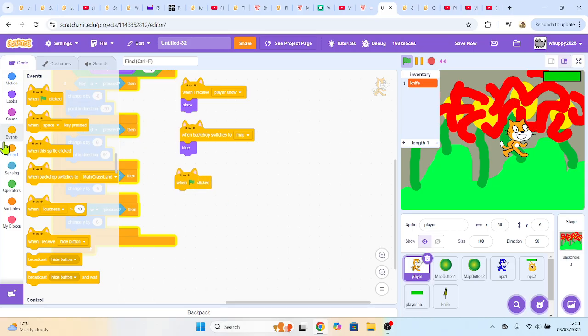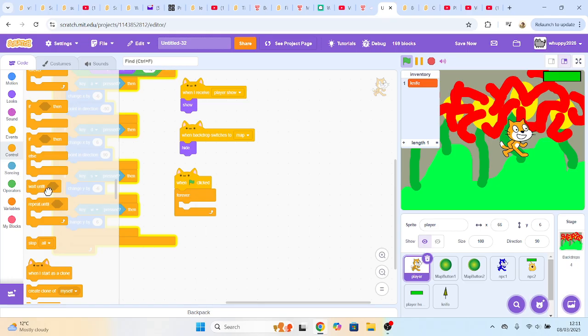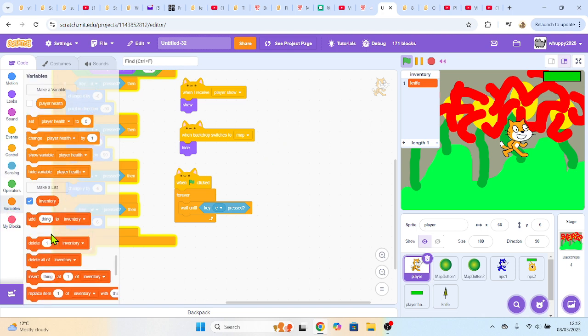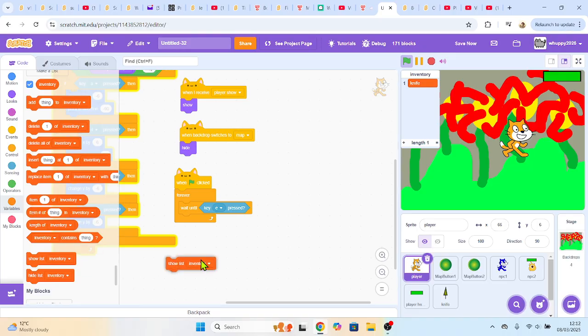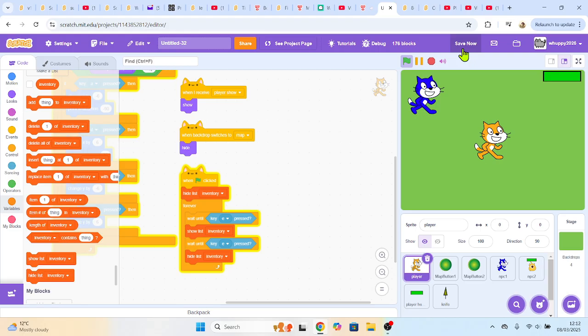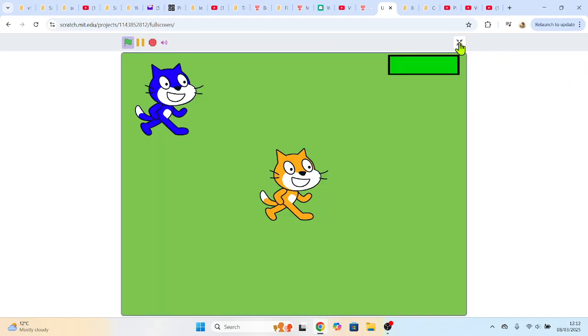So let's make a code and some logic for that. When green flag clicked, forever, wait until E key is pressed, and then show list inventory. We also want it to hide the list. Show list. And then we want to wait until the E key is pressed again, and then I think we need to hide the list. Now when we press the E,